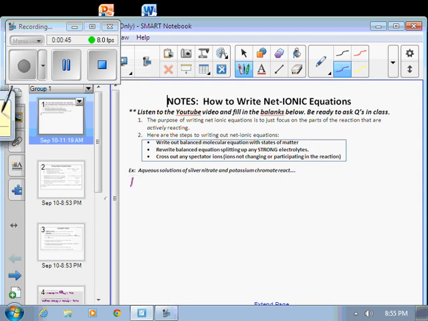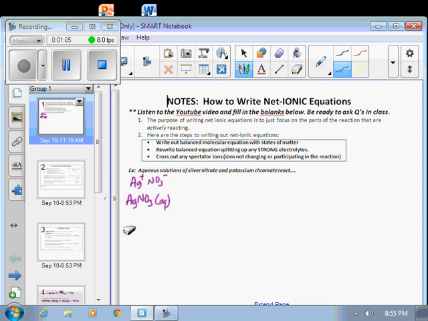Please do remember that your compounds always have to be balanced. So Ag+, remember silver is always a plus one. Nitrate off your polyion list. If you don't have your polyion list, you better get it. Okay, so AgNO3. And it says right here it's aqueous, so I'm going to put an aq next to